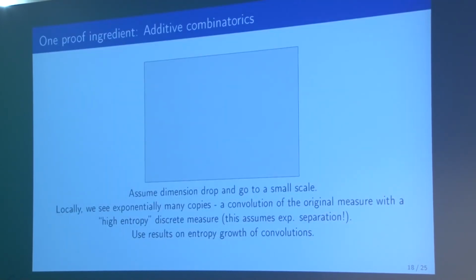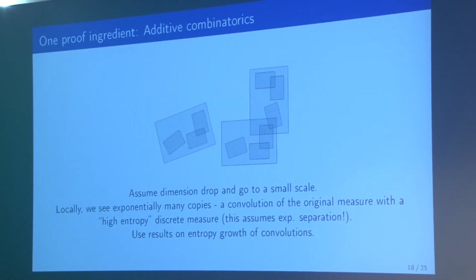Okay, so I won't be able to say very much about the proof, but let me just give a very, very vague idea in one slide, okay? So assume that there's no dimension drop, and let's go to some small scale. So here is our overlapping system of contractions, and we go to some small scale. And now, locally, if you look at just one small piece of this picture, what you see is many copies